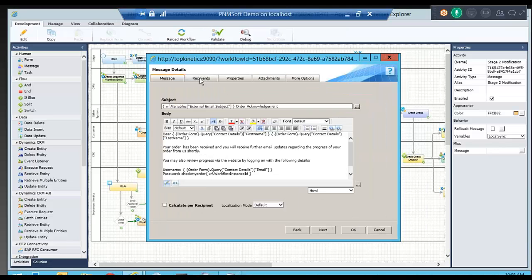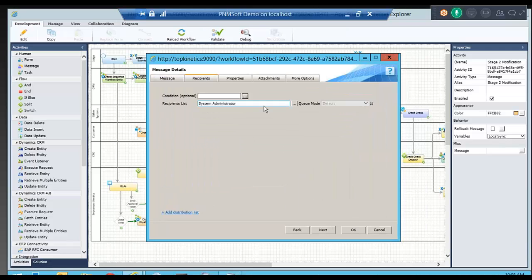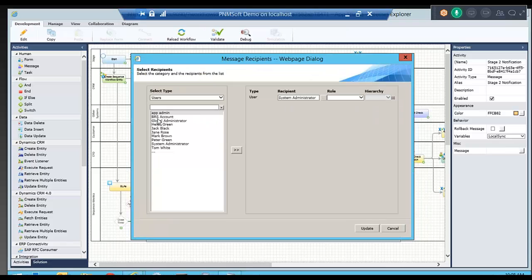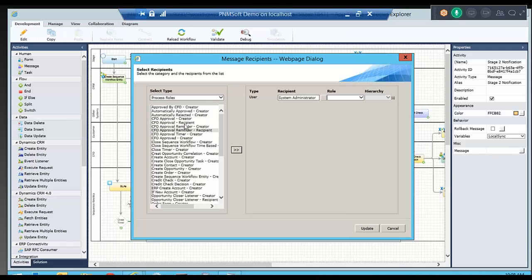Once we have the message built, we decide who it's going to go to. In this case, we're going to send it to a particular person. So we can pick from a particular person, or you have a number of other places you can use. We can use process roles, so based on who the creator or the recipient of a particular role or activity is. We can use SQL functions. We can send it to external users, or we can use expressions built from information you get within the system